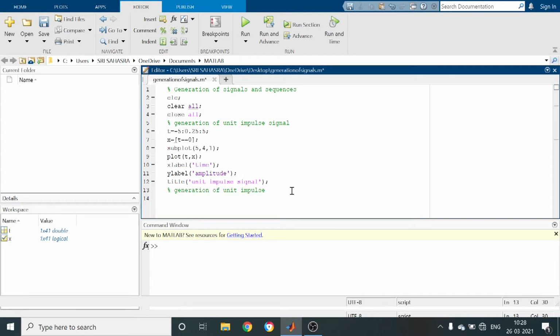Initially we generated the continuous time signal. Now we are going to generate the unit impulse sequence, that is a discrete time signal sequence.